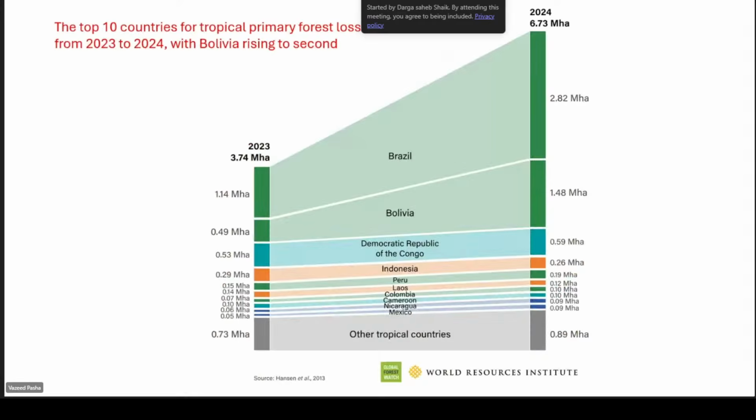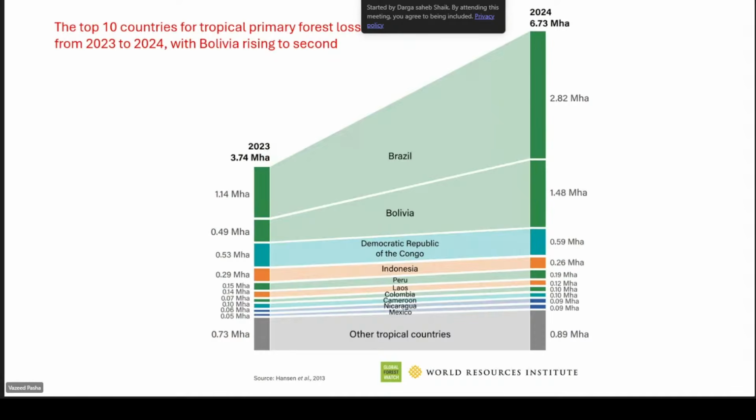Now in the top 10 countries, we can see the tropical primary forest loss shifted from 2023 to 2024. After Brazil, Bolivia rose to second due to forest fire activities, the forest fire related deforestation.